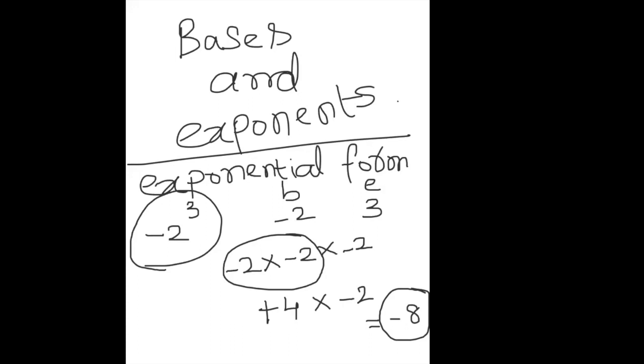not writing the base as -2. What is the base? Is the base -2 or +2? Negative. So you should always write -2. You should not just write 2. Okay, that is one of the mistakes that you did. But from the next time, you should include the negative sign, because the negative sign is also part of the base. So I think that is the example that I wanted to go through.